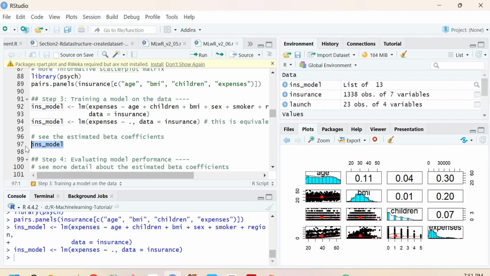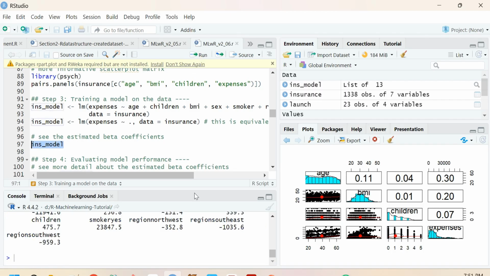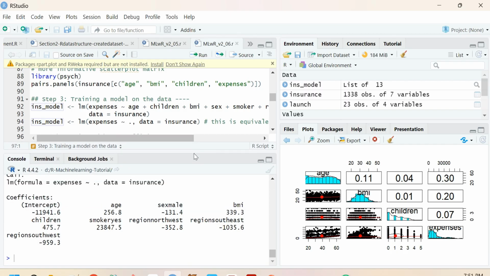Then we just show the model because this has run. So the model is run and we show the results. It's very easy to understand. So there is the intercept, and we don't need to think too much about the intercept because it has no real meaning. Then age, each coefficient